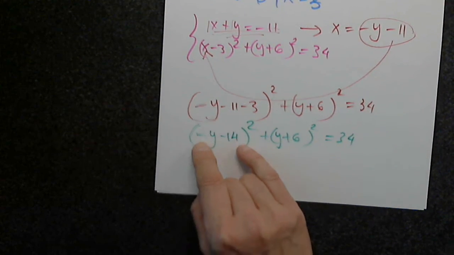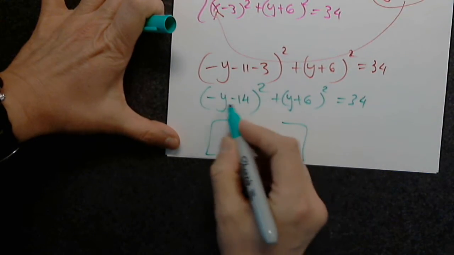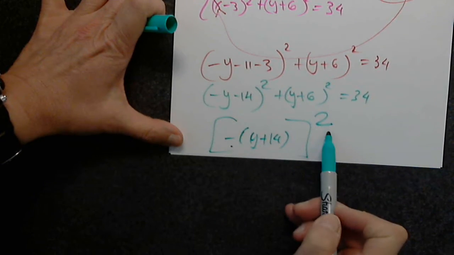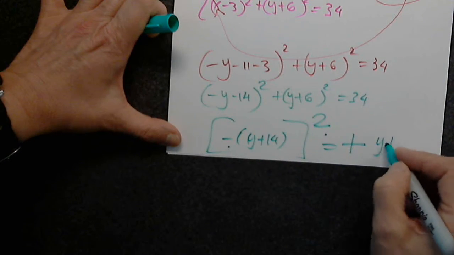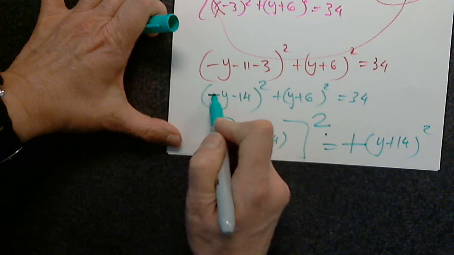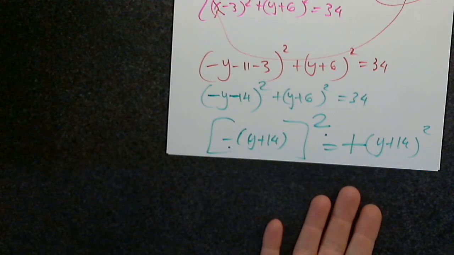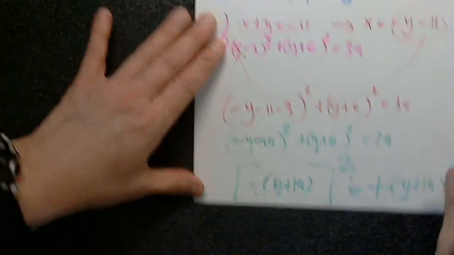But if both are positive or both are negative, everything will be positive. I can show separately why. So when I factor out negative 1 here, I get this. But when I square negative 1, I get positive. And square y plus 14, I still get y plus 14 squared. So if both terms are negative or both terms are positive, the answer will be all terms positive for this reason. Okay? So now when I square y plus 14, or negative y minus 14 is the same thing,